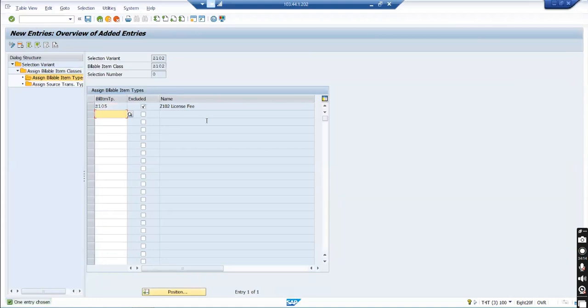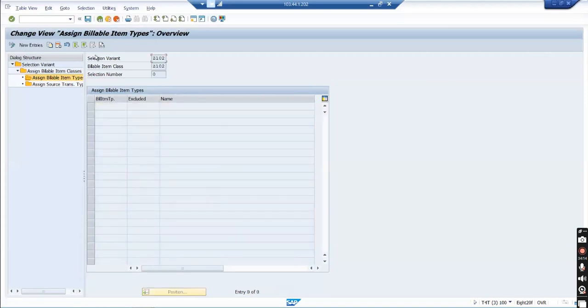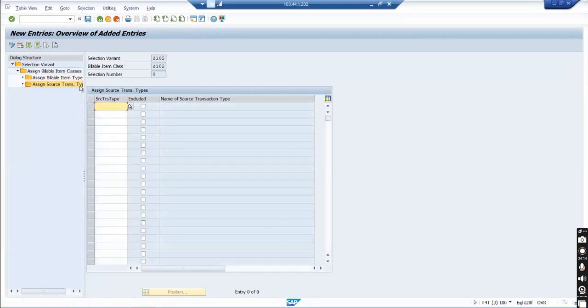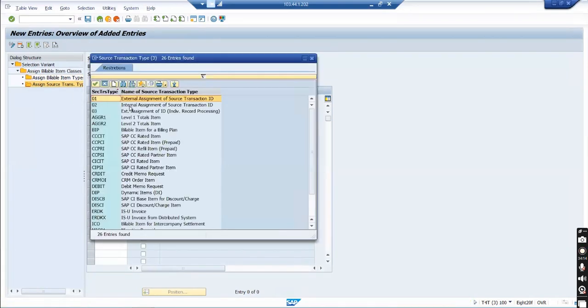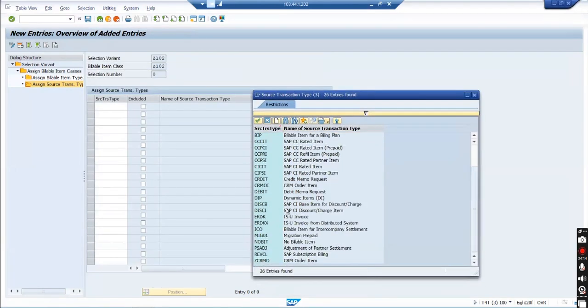This is further selection. If at all you need this, then you will exclude, but we will not need to exclude, because generally we will select all. That is the reason why we added all those billable items under my bit class. If there is a requirement, you can exclude a particular billable item type, or if you want to remove a particular source transaction type, okay, triple CIT, CICIT, any type of, you expect that from that interface you will not receive